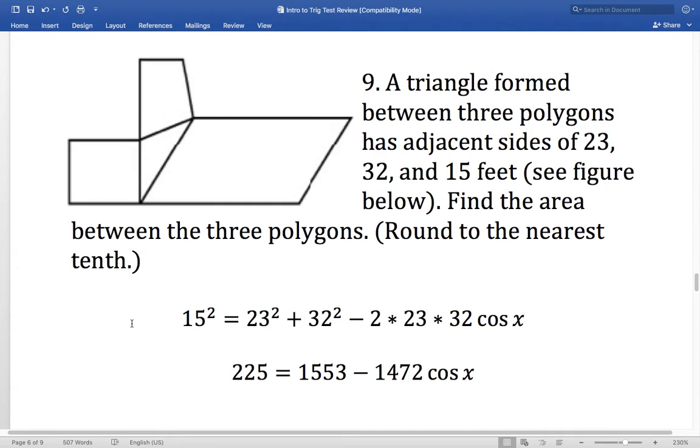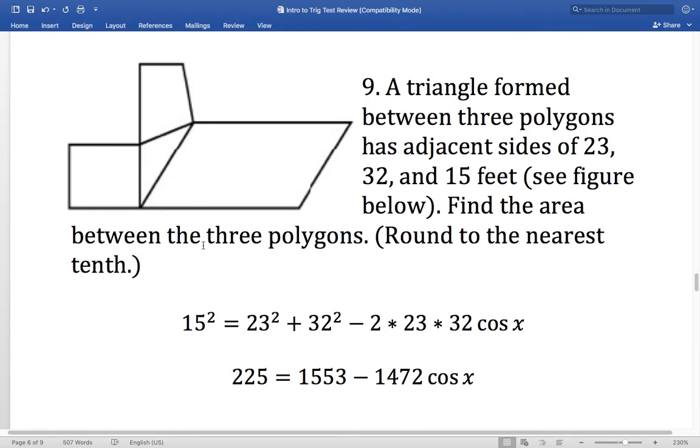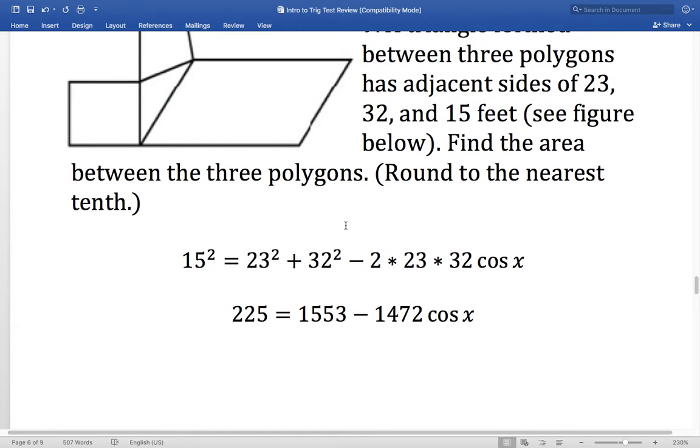So with triangles formed between the 3 polygons, has adjacent sides. So we have this shape. Notice nothing is labeled, and it really doesn't matter. So this could be 15, 23, 32. It really doesn't matter. We want to find the area between the 3 polygons. In order to find the area, we're going to do 1/2 times one side length times the other side length times,